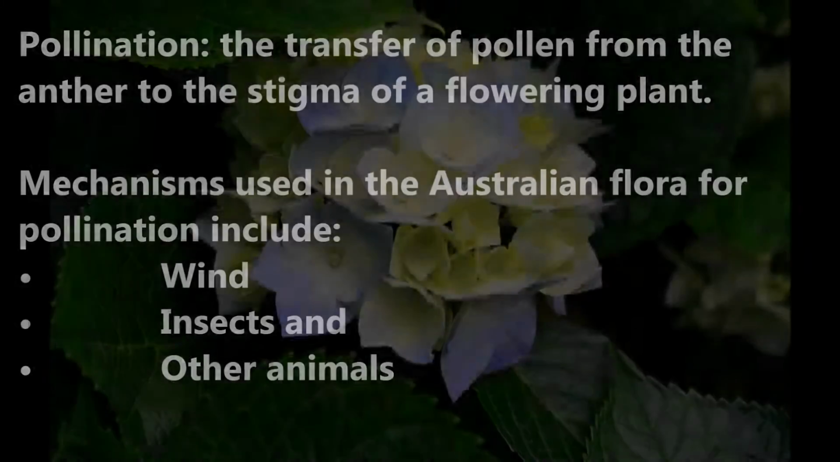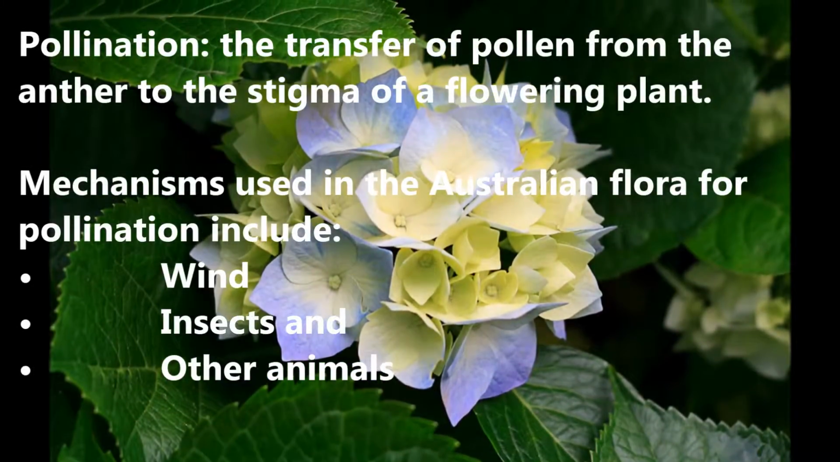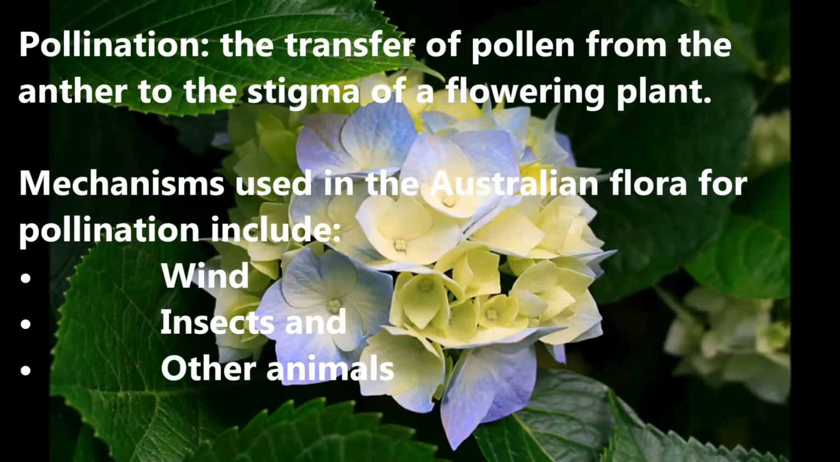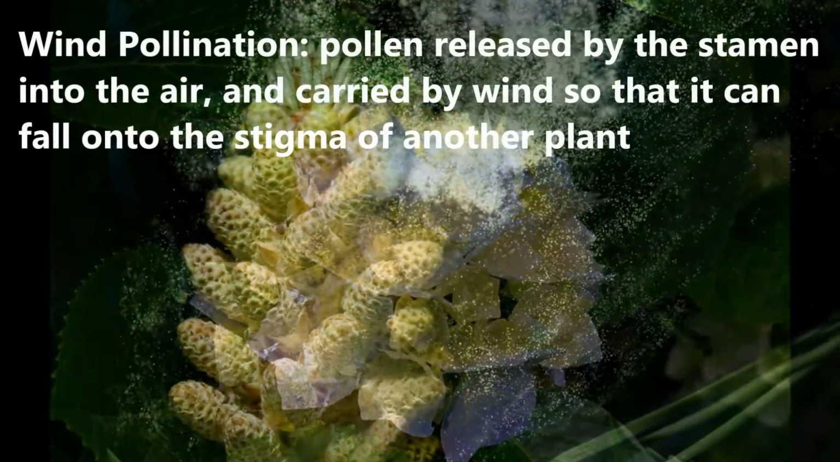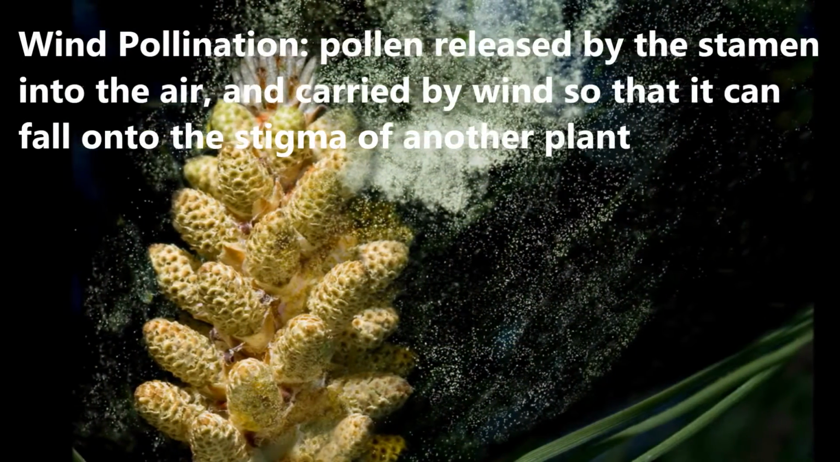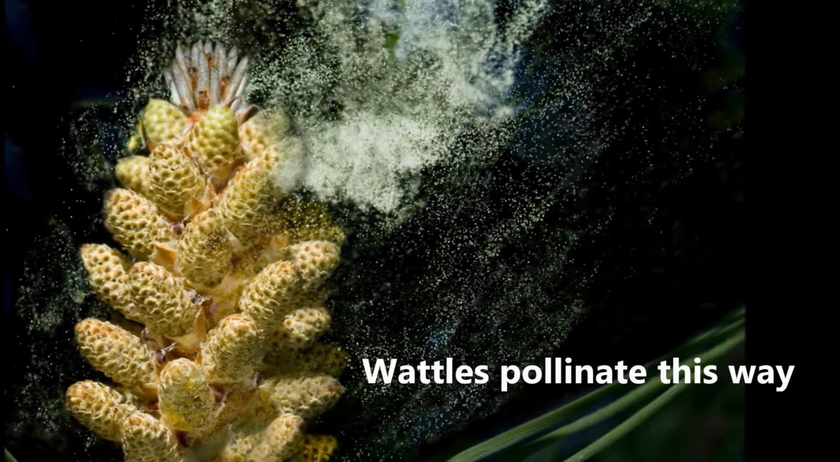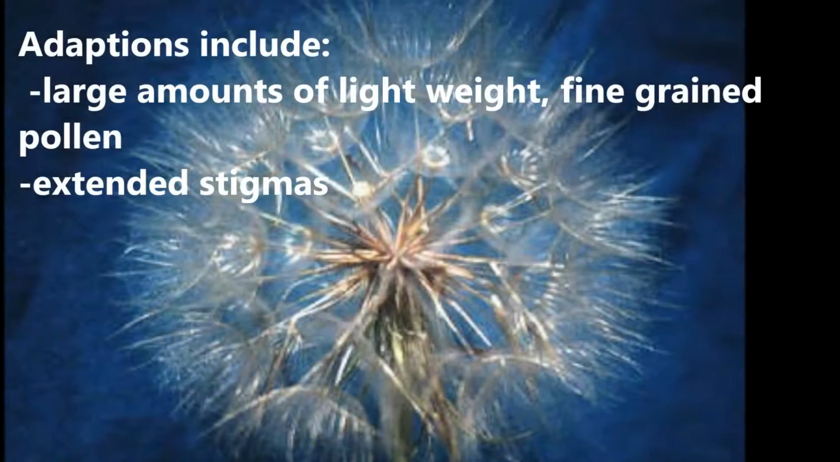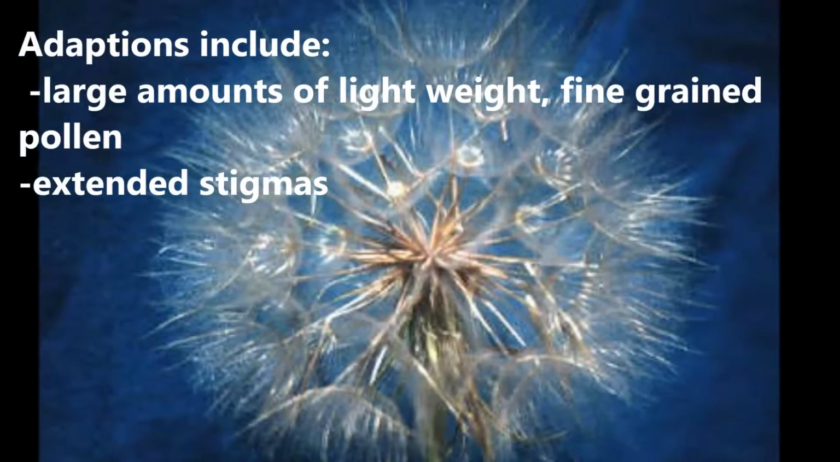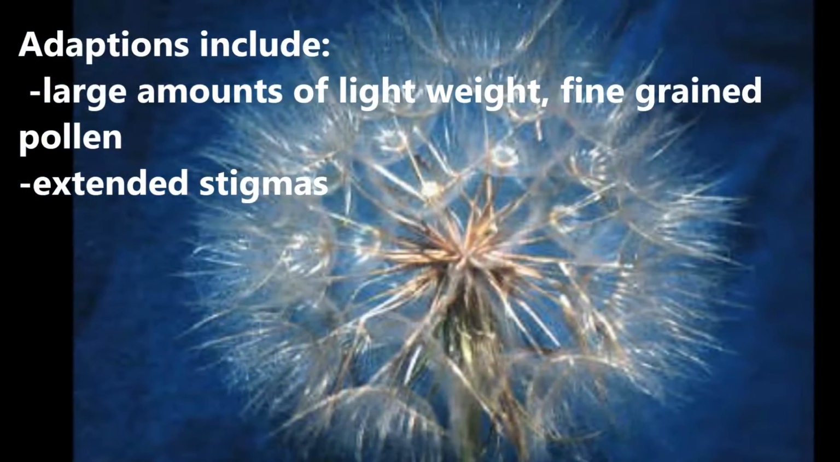Pollination. Pollination is the transfer of pollen from the anther to the stigma of a flowering plant. In wind pollination, pollen is released by the stamen into the air and carried by wind so it can fall onto the stigma of another plant. Adaptations for pollination include producing larger amounts of lightweight, fine-grained pollen for easier and further dispersion, and also by producing